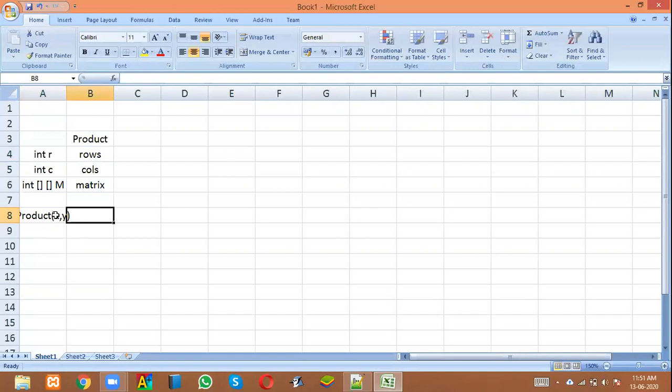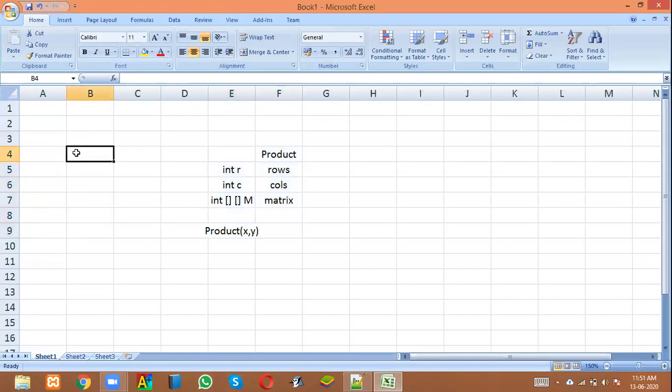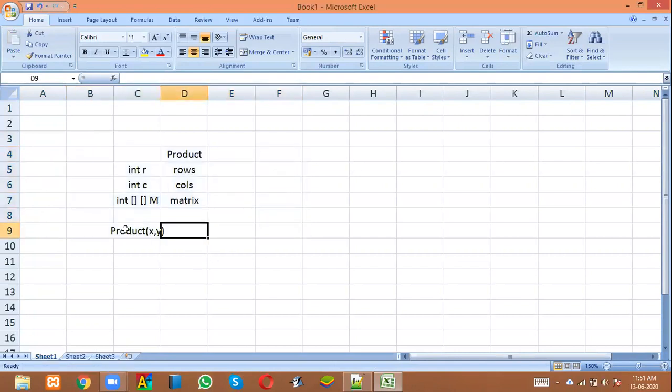While creating an object, the user has to give two parameters: x, the number of rows, and y, the number of columns. Inside this constructor, we'll initialize r is equal to x, c is equal to y, and then we can initialize the two-dimensional matrix.